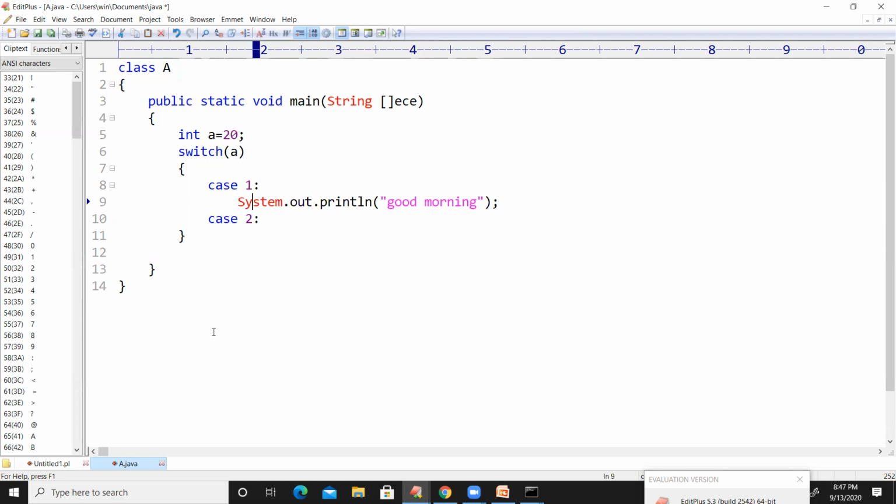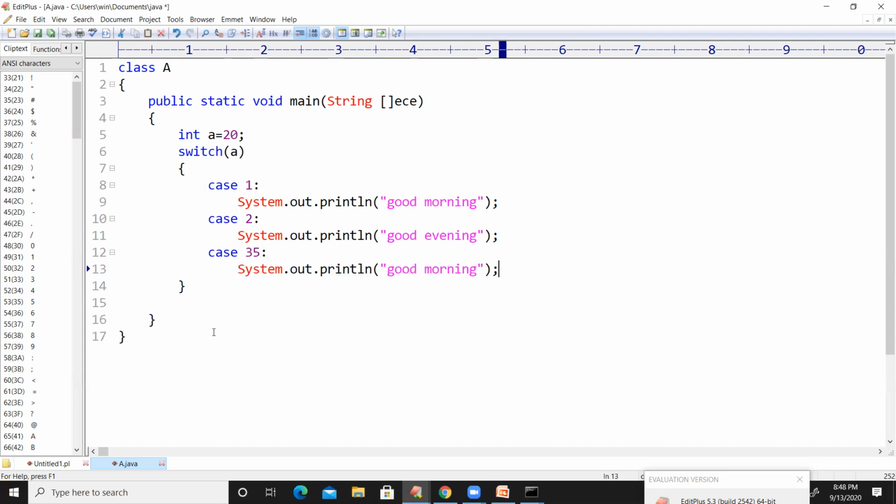Here I want to print, under case number 2, good evening. I have one more case, case 35. If the value is 35, then I want to wish everyone good night.